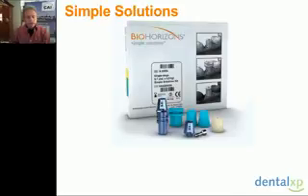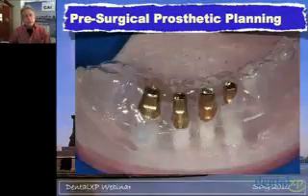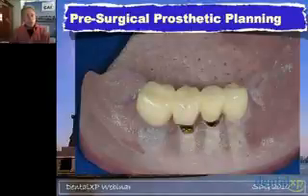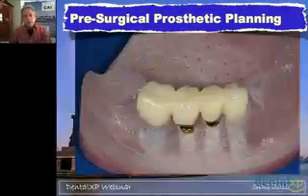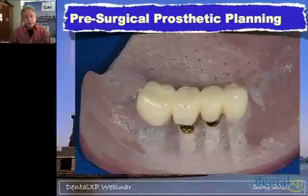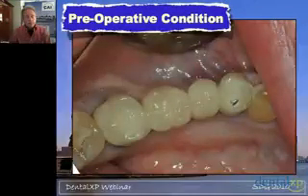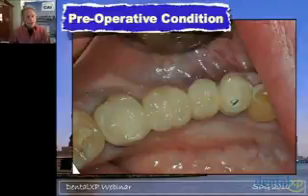Now, we'll contrast this with the simple solutions abutments. Let's see if we can get that back here. And the simple solutions abutments have a family of different restorative components that allow us to capture the margin, leaving the abutment in place. But for this case, we're going to use the 3-in-1 abutments that in the past have come with all of the implants from BioHorizon. Today, you can actually get them separately. We're then going to create from our laboratory colleagues a temporary restoration,